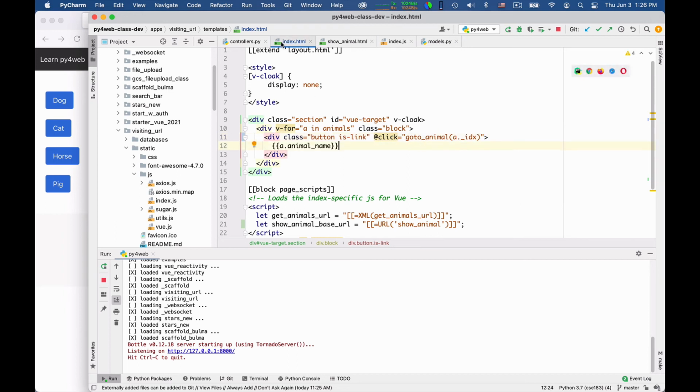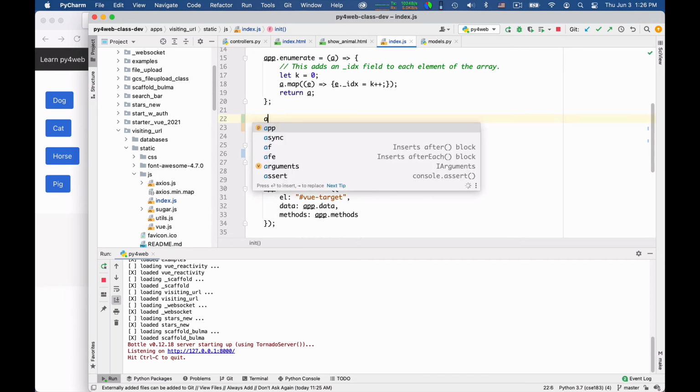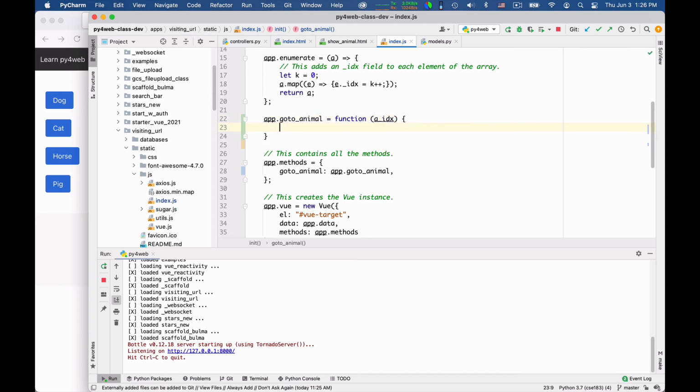Okay, and then I can fix the JavaScript, and add app.goToAnimal. Then here I can write app.goToAnimal is equal to a function that gets animalIndex, and it does let a is equal to app.animals of animalIndex.